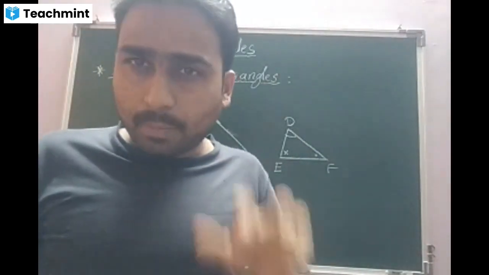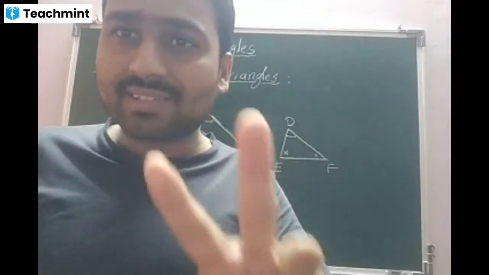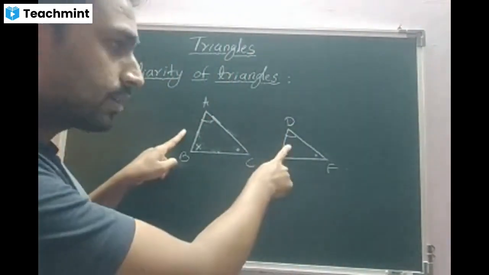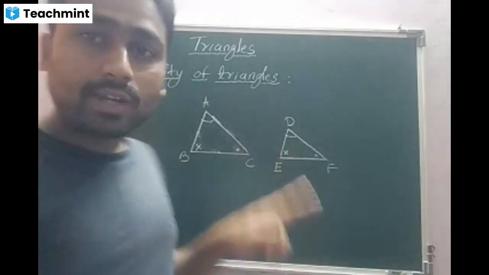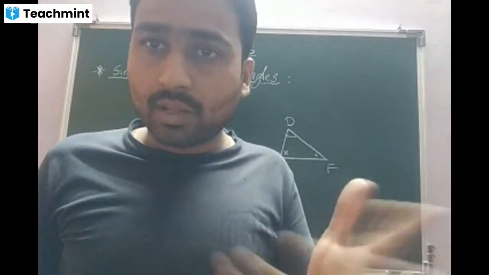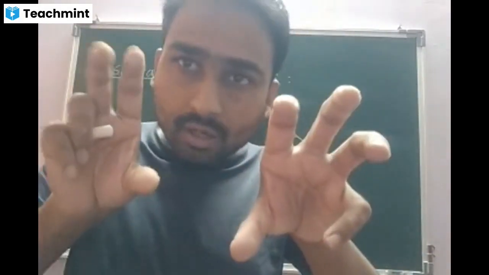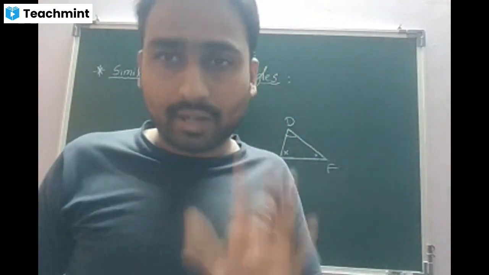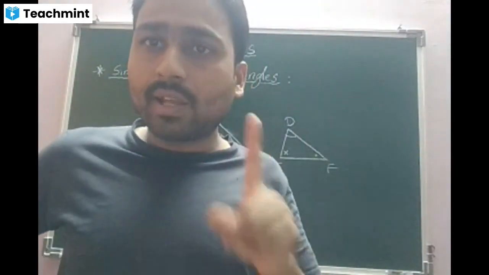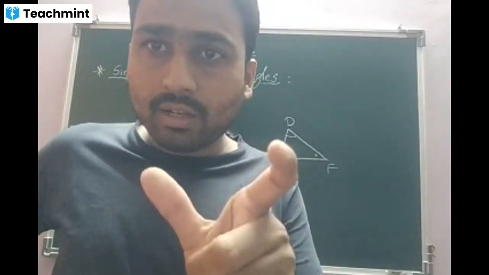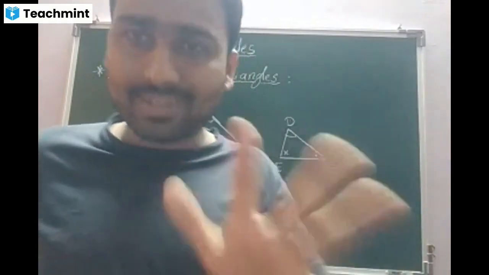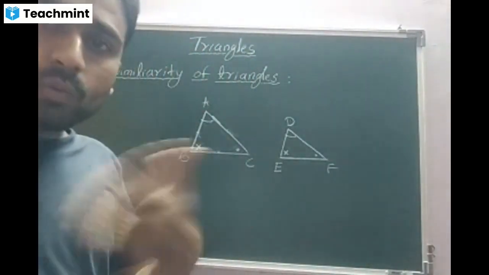Yes, sir. But the twist, sir, is in the second condition. For congruency, the second condition says one set of sides, two sets of sides, three sets of sides should be equal, beta. But here we cannot say they are equal. If you say equal, the chotu and motu concept will not be there. Understanding, beta? Yes, sir. So in similarity, always chota Chetan and bada Chetan. This concept you have to remember throughout the chapter. Got the concept? So, sir, what will be the second condition?